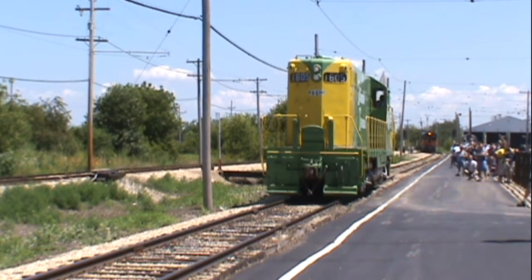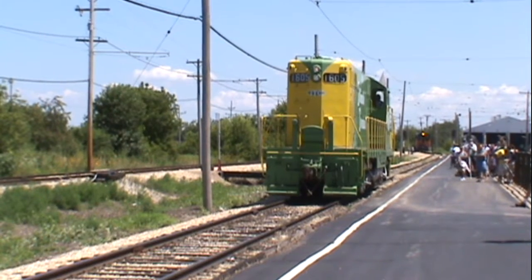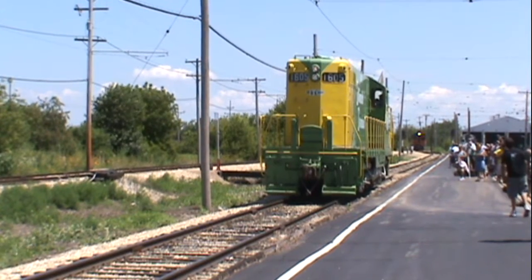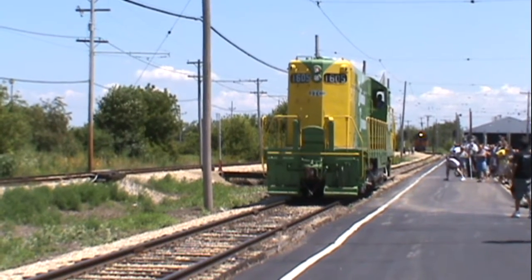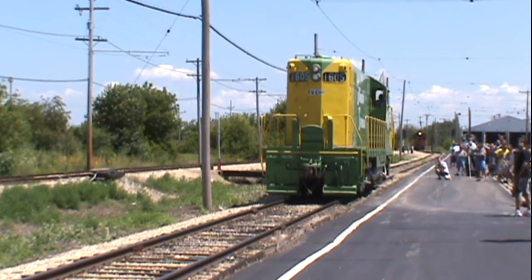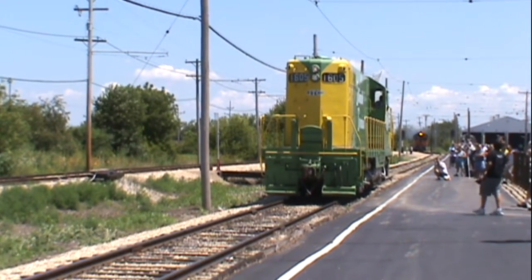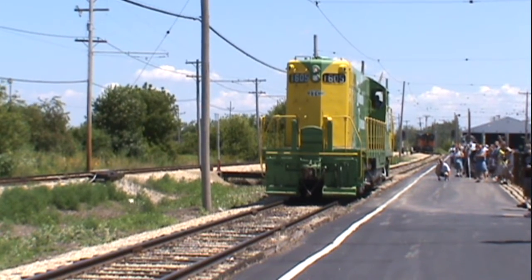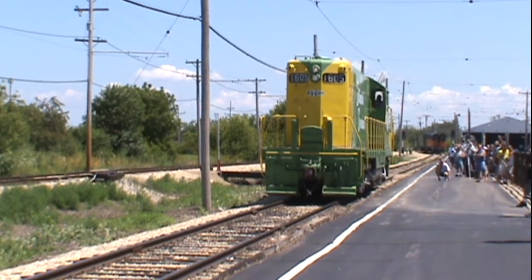The 1605 was built in 1953 right here in LaGrange, Illinois by the Electromotive Division of General Motors. It's classified as a GP7, GP meaning general purpose, and it was a freight locomotive on the Illinois Terminal. The Illinois Terminal was owned by 12 different railroads. Eventually, it became owned by 4, and then eventually the Norfolk and Western gained complete control over the Illinois Terminal. And as such, they used this locomotive for several years, and then it was donated to the museum by the